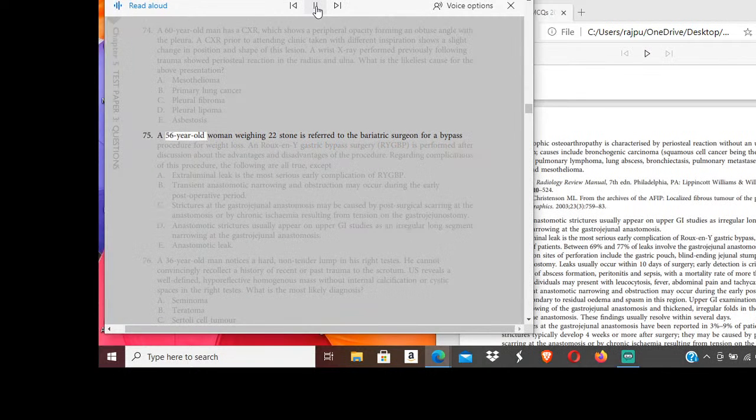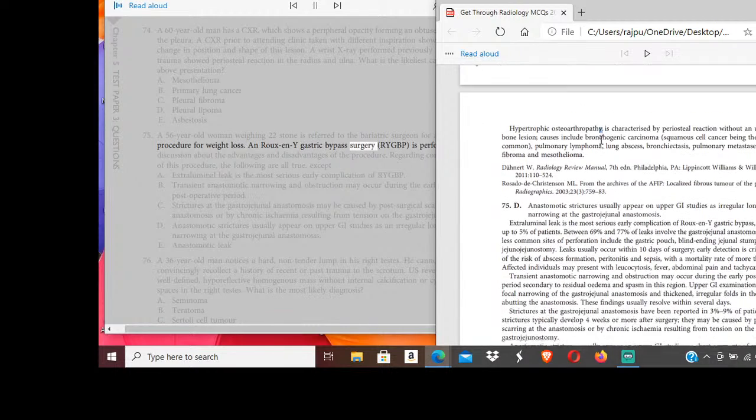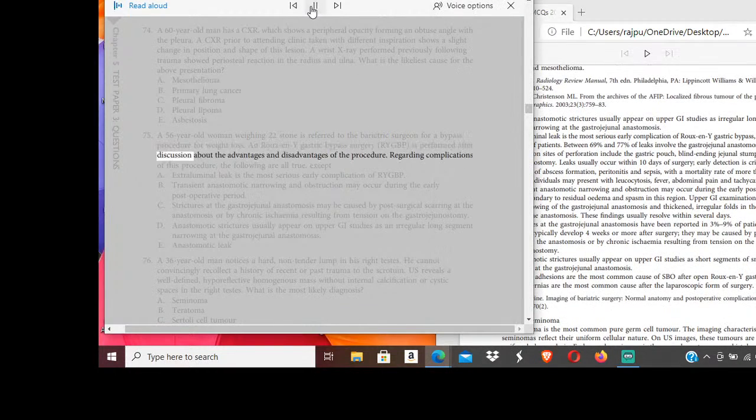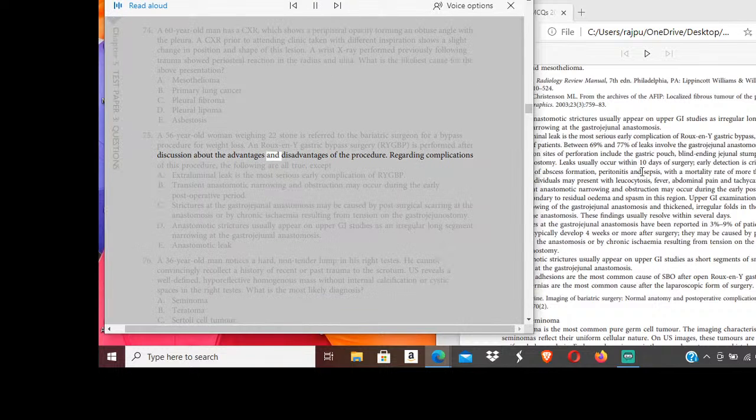75. A 56-year-old woman weighing 22 stone is referred to the bariatric surgeon for a bypass procedure for weight loss. A Roux-en-Y gastric bypass surgery, RYGBP, is performed after discussion about the advantages and disadvantages of the procedure. Regarding complications of this procedure, the following are all true, except